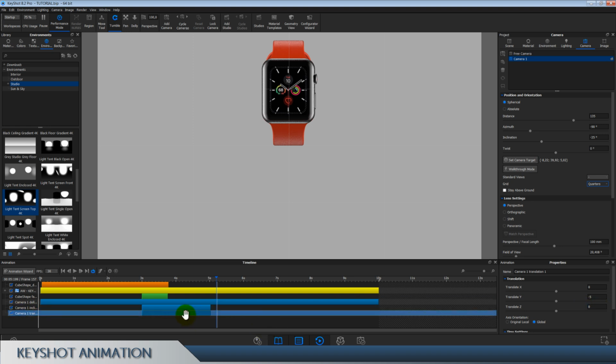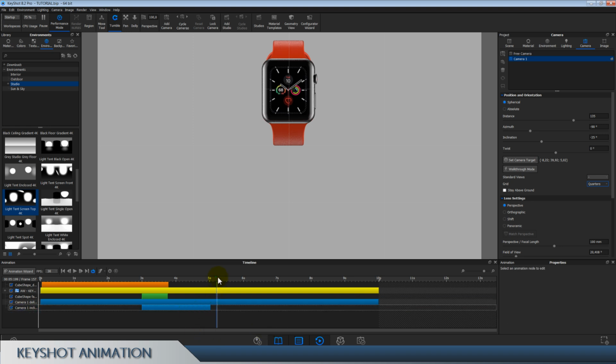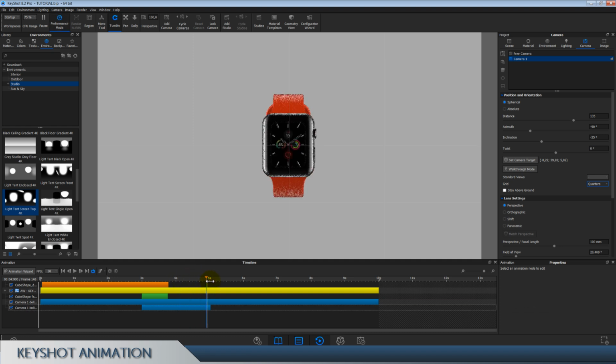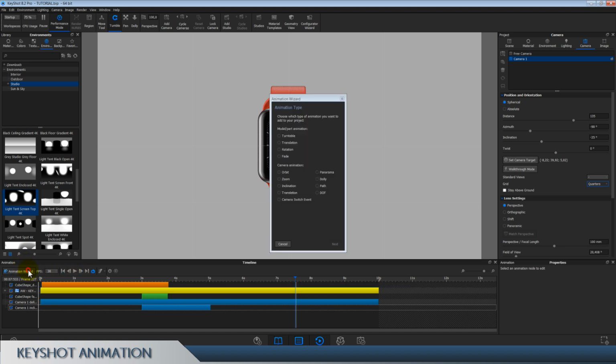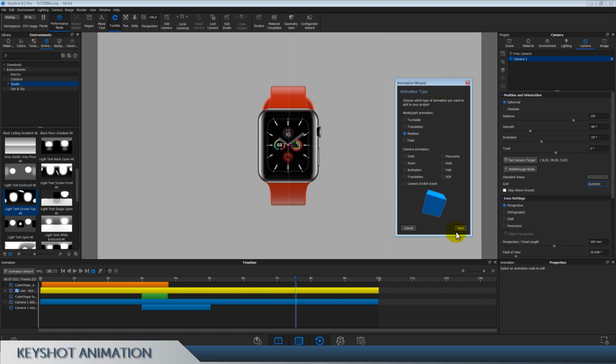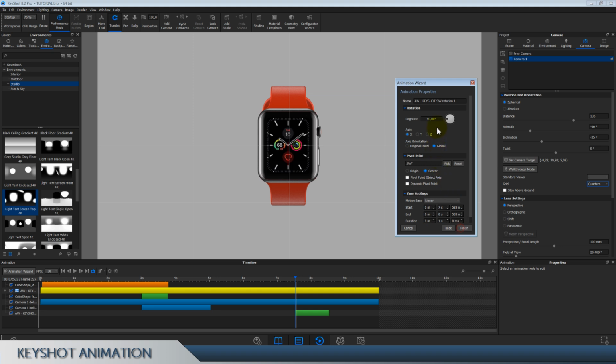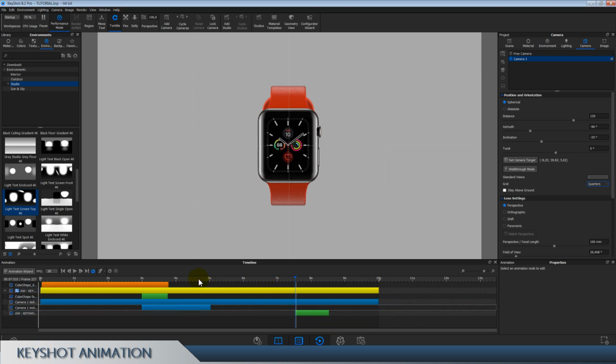Like I said, I don't need this. I'm happy with the position of the model. You can see that it's perfectly in the center. So animation wizards, and we're gonna rotate. Next we go here and say this one, next, 25 degrees, original axis on the Y, finish, and it's gonna start